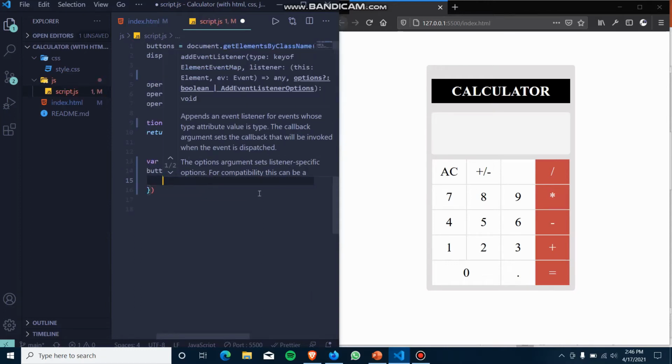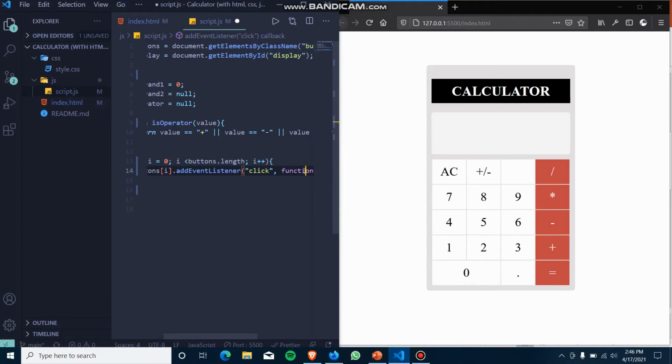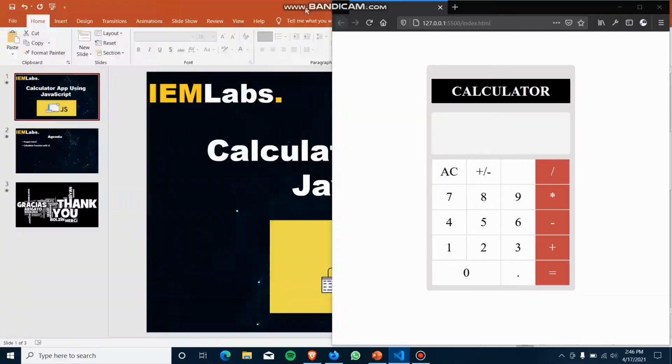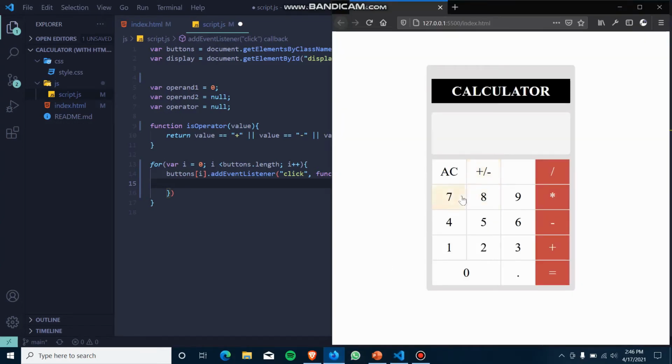So when we click on any button, it will select that button. When I click on 7, it will print 7 here. If I click on 8, it will print 8 here. If I click the multiplication operator, it will do the multiplication part.